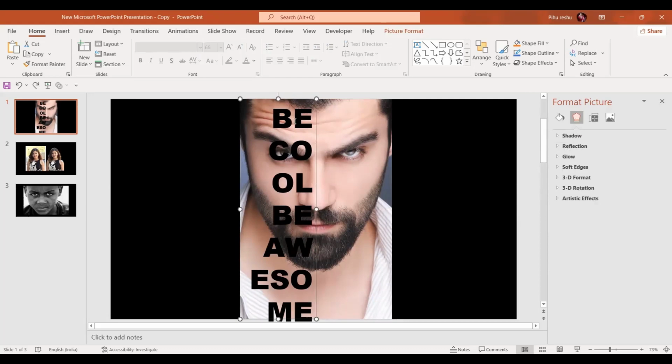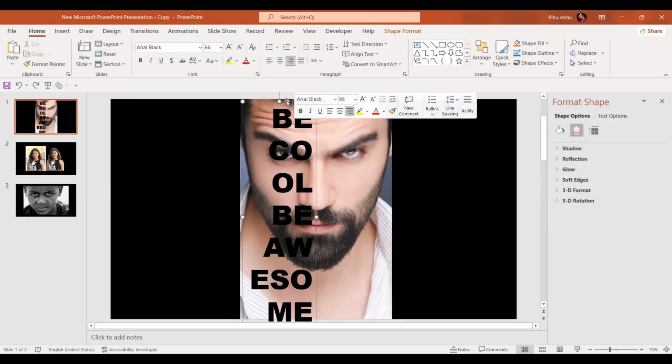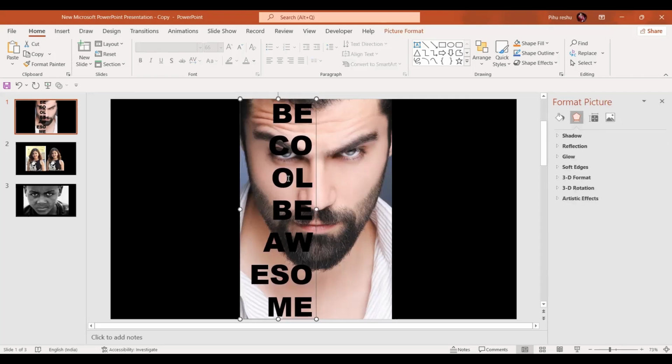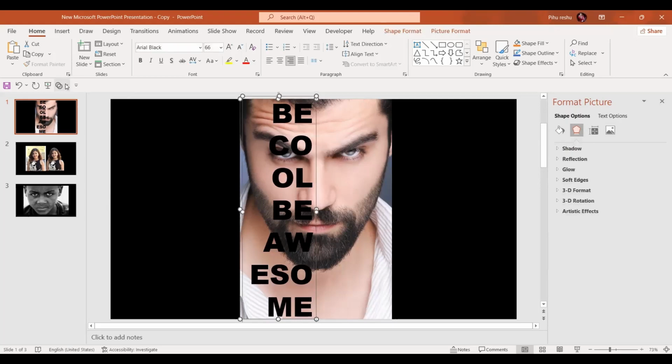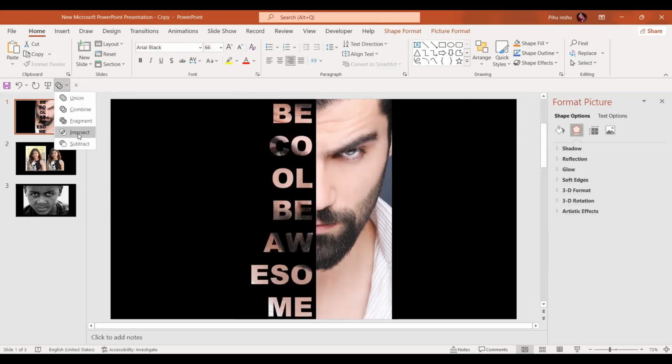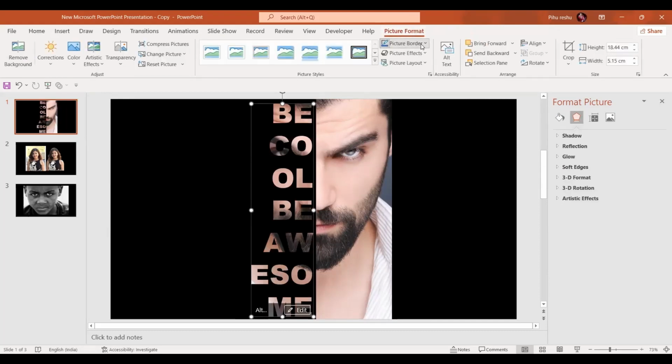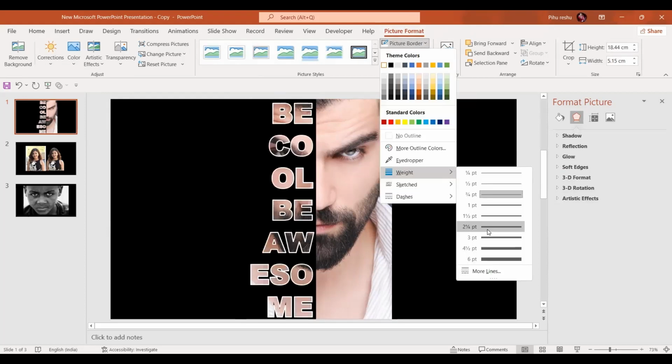And let's take it a little bit upwards. Perfect. Now in the next step, let's select this image first and then select the text box, and in the merge shape option select intersect. In the picture format option give it a picture border, let it be white in color, and in the weight let's give it